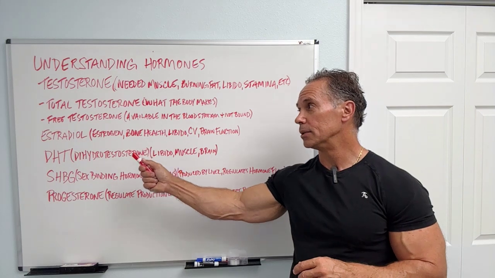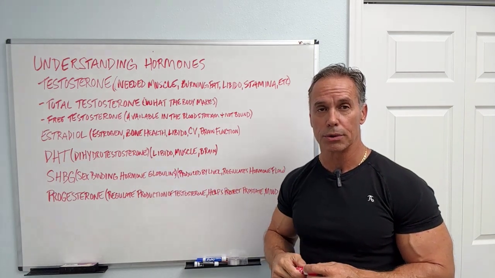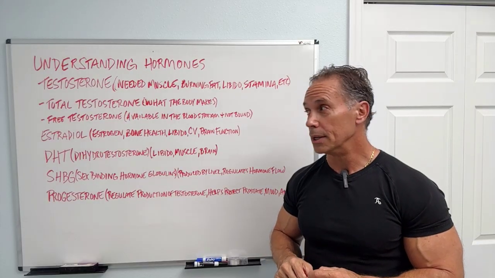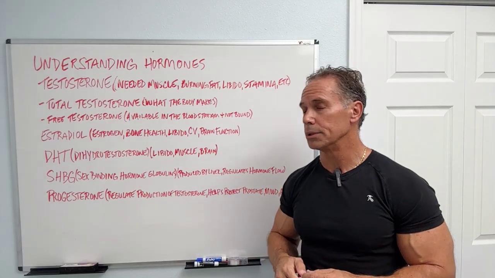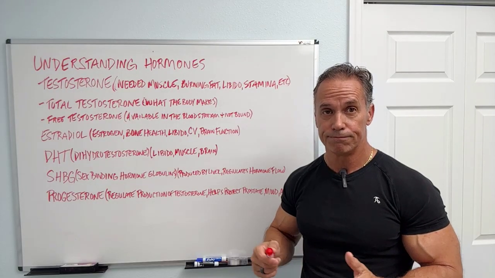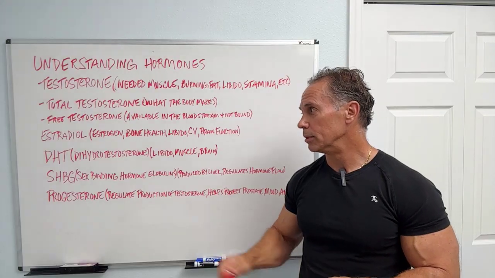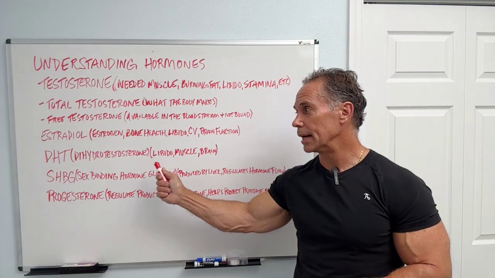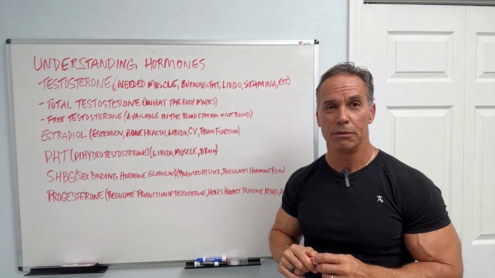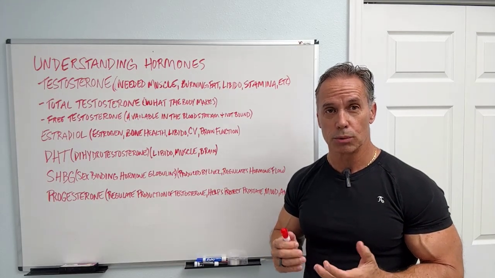And typically, if you get too much body fat built up from eating the wrong way, that's what's going to happen. Your estrogen is going to keep going up, and it's going to cause problems. You don't want it to get high where it's going to cause, again, prostate issues, and also cardiovascular issues. Now, after that, we have DHT, which is dihydrotestosterone. Now, this is the mother of testosterones in the sense that it provides strength. That's what it's known for.